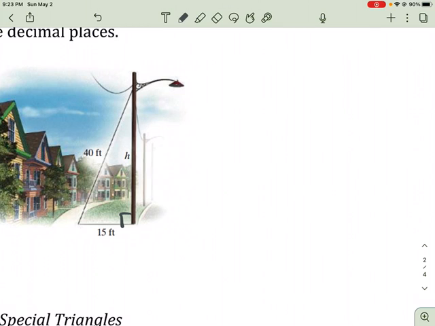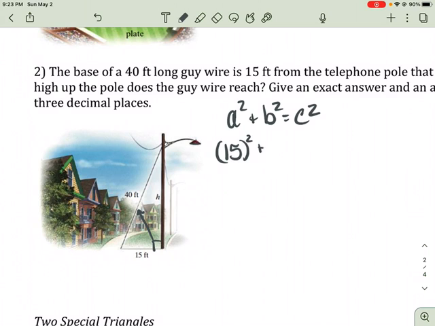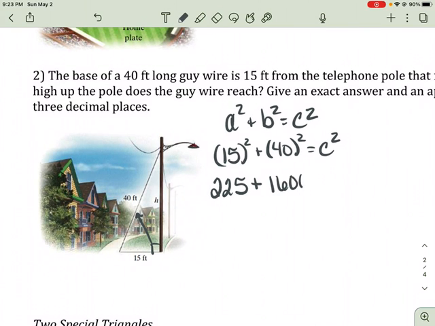Okay, so we're interested in height. Here's my right angle. 40 feet is opposite that. So we're still going to use a squared plus b squared equals c squared. So we're going to have 15 feet squared plus 40 feet squared is equal to c squared. I think 15 squared is 225. 40 squared would be 1600 equals c squared. So 18